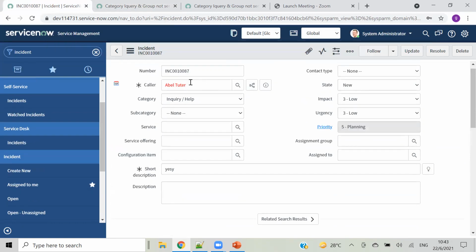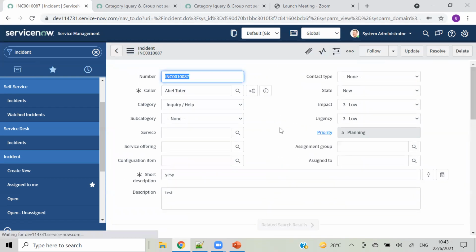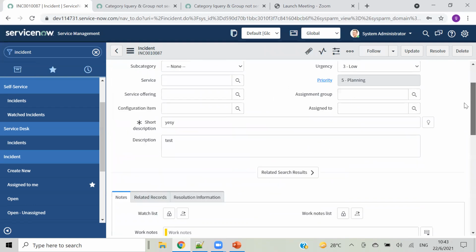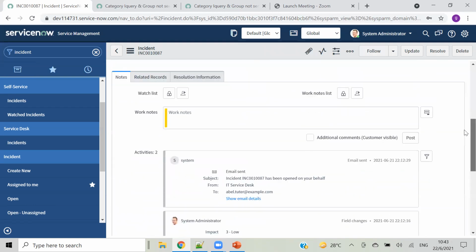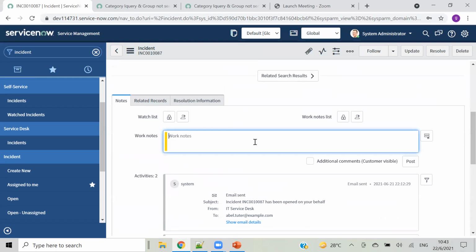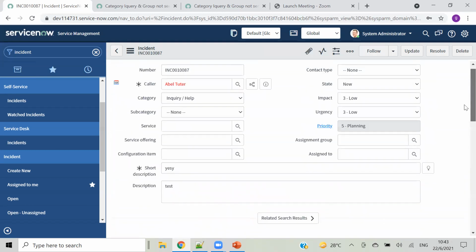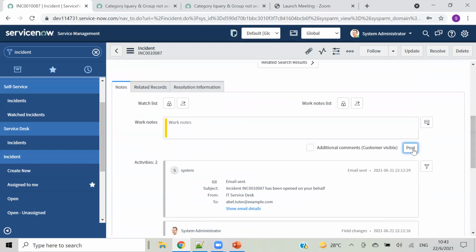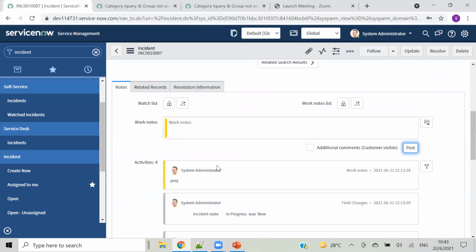Oh yeah, sorry, the data policy is running in the background everywhere. So back, updating this and post. You can see that work notes got inserted.